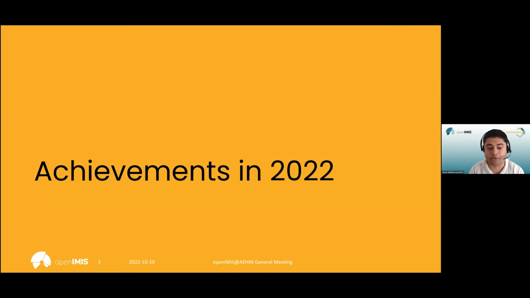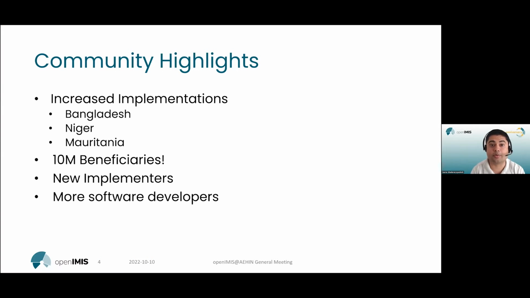Now I'm just going to go through some highlights from 2022 so far, so that you see what we've been working on in the past year. In the openIMIS community, we have new implementations. In Asia, Bangladesh has a new implementation focusing on their newly launched employment injury insurance scheme.